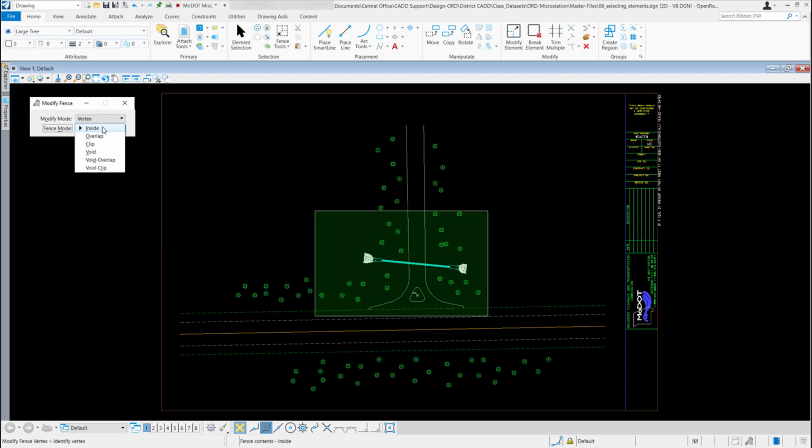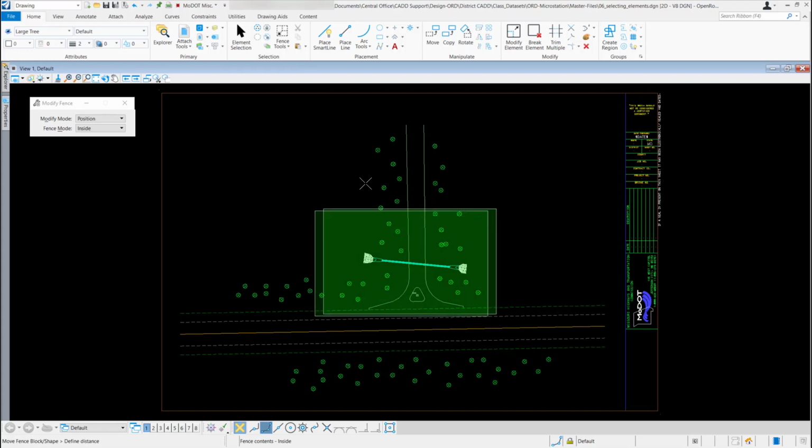And then if I needed to change my modes, I could also change them here. I'm just going to leave mine set to inside. If I want to change my mode from vertex to position, so now it wants me to define an origin point to move this fence from. I'm just going to go out and dynamically select a point somewhere. So I'm just going to go out here and left click on my screen.